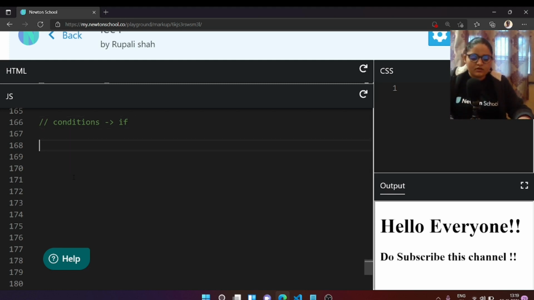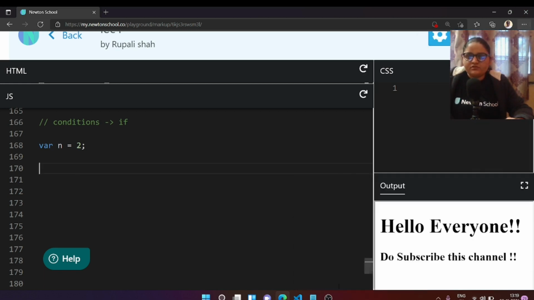Suppose I declare a variable n equal to 2, and I want that if n is 2, only then the console log statement works, else there should be nothing on the screen.